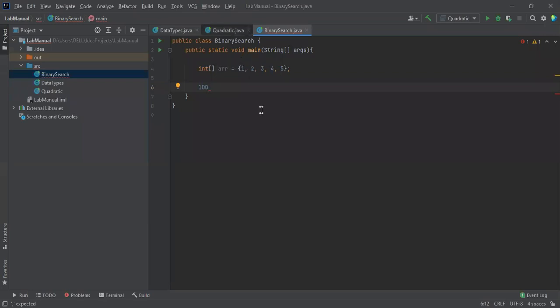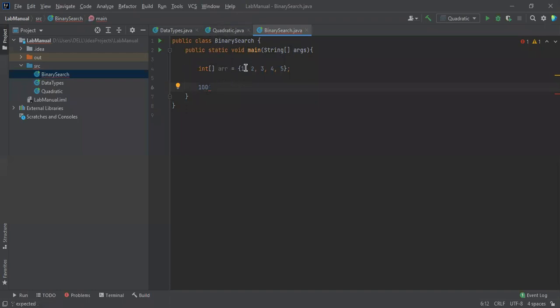The given array should be sorted for a binary search. If it is not in ascending order, this search cannot be done.